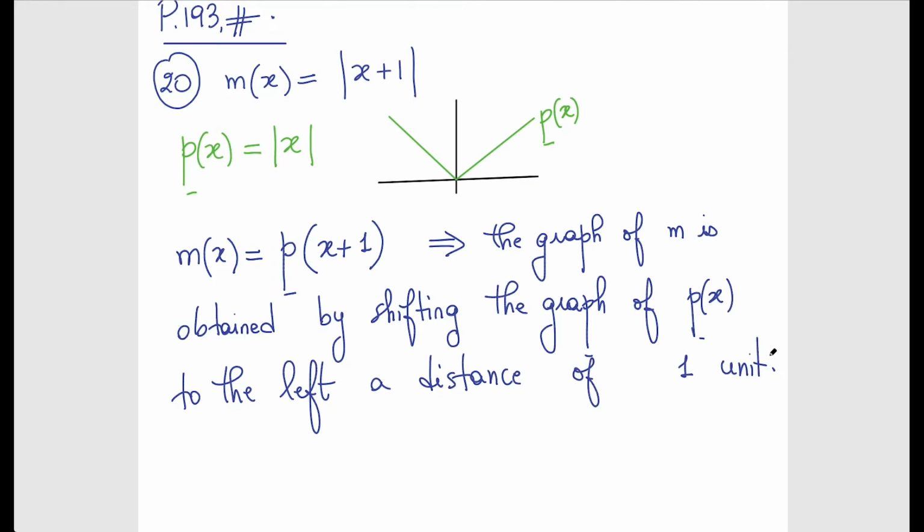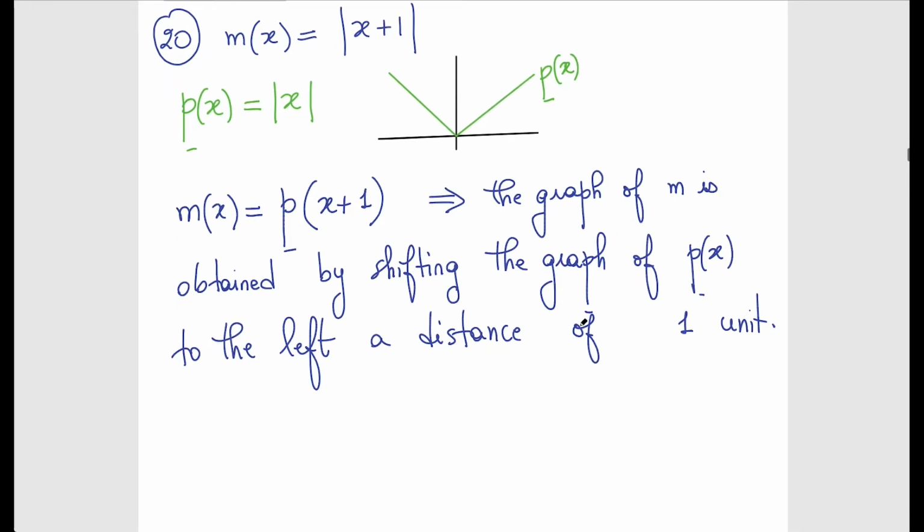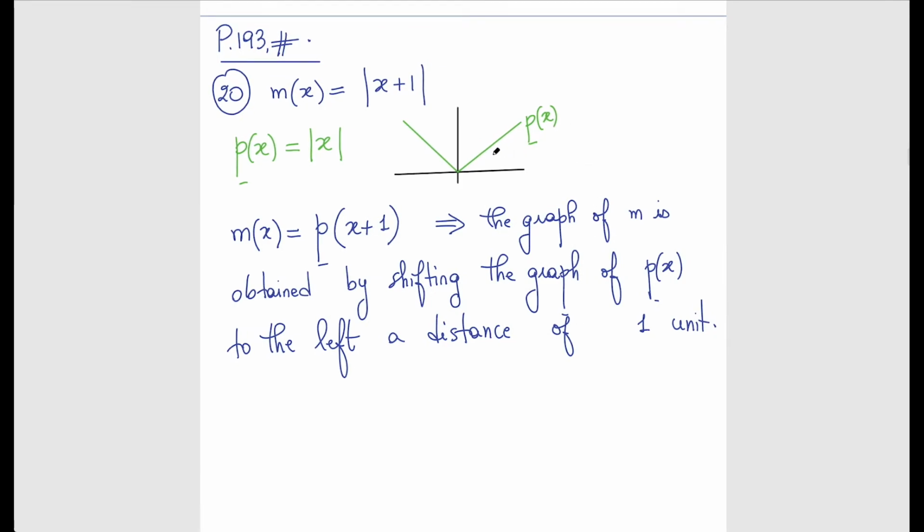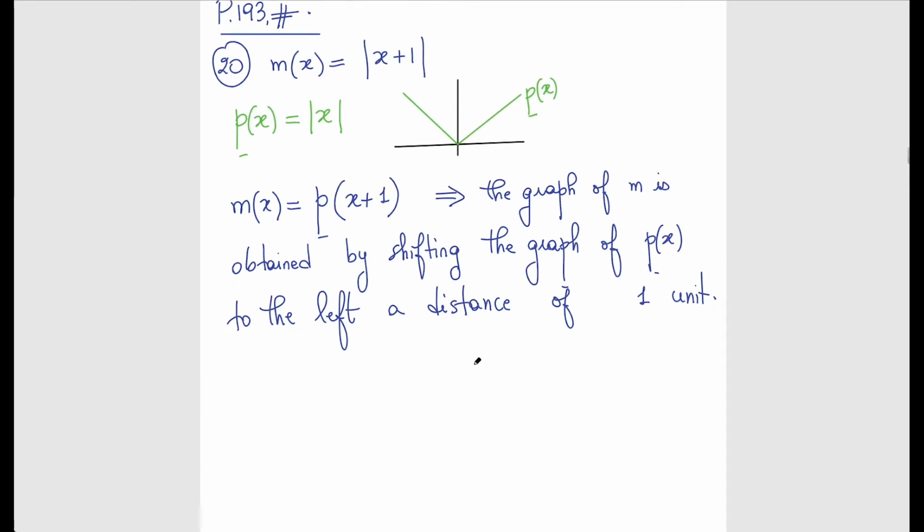This is what we discussed above. So you just shift the graph of p 1 unit to the left, and you simply obtain